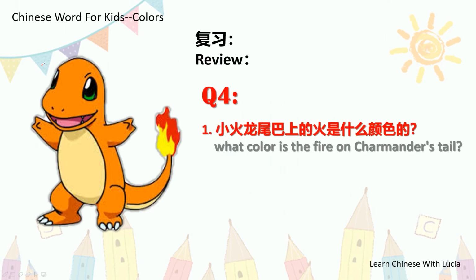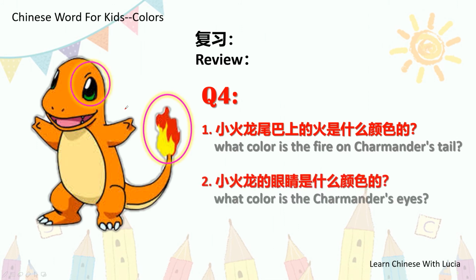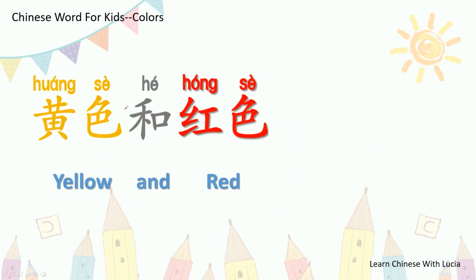Let's look at the new figure, Charmander, right? The question is about him. What color is the fire on Charmander's tail? And the second question, what color are Charmander's eyes? Do you know the answer? It's quite easy. The first one, what color is the tail? It's yellow and red. So we say 黄色和红色。